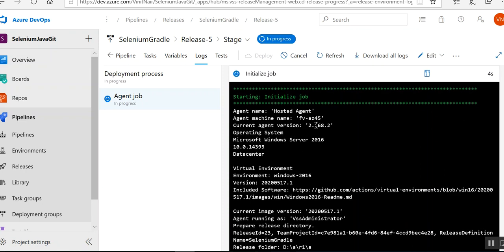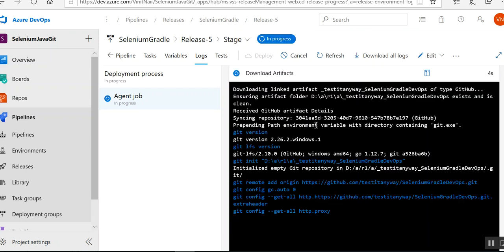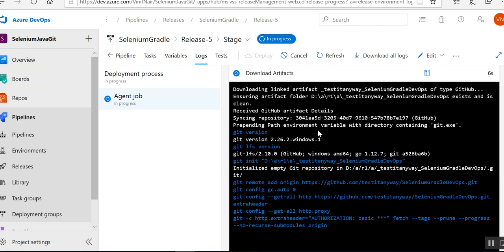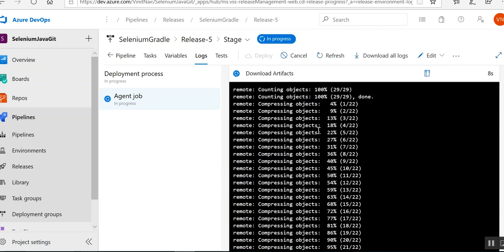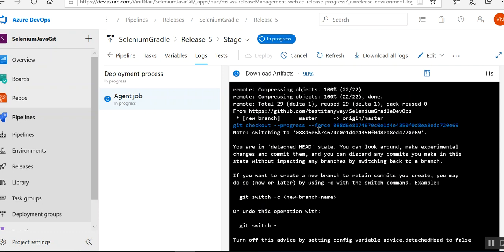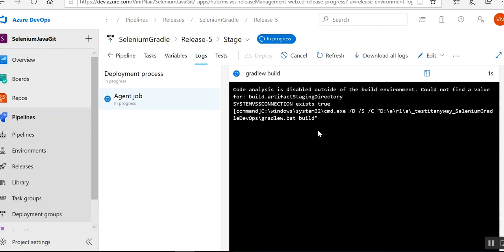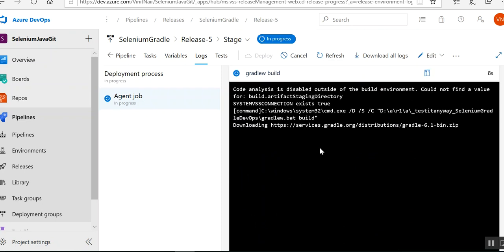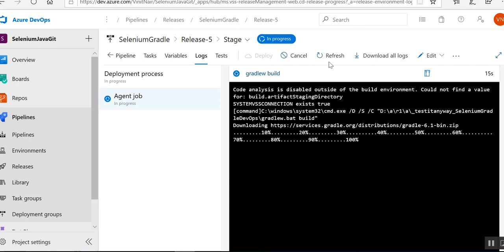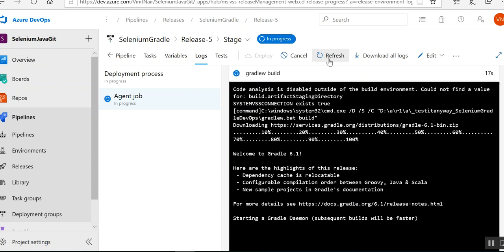It's getting the agent details and downloading the artifacts from GitHub. Now it's going to the gradlew build.